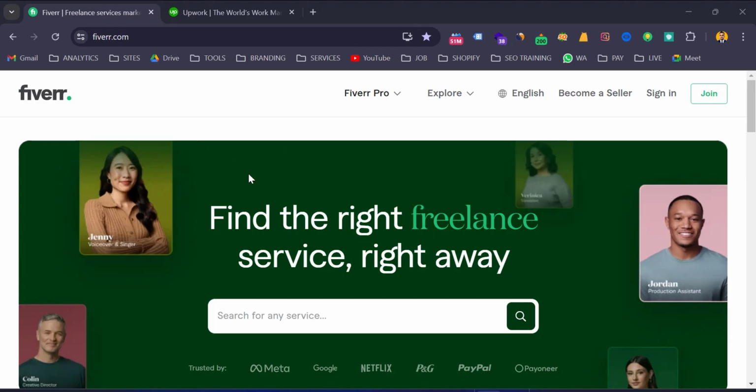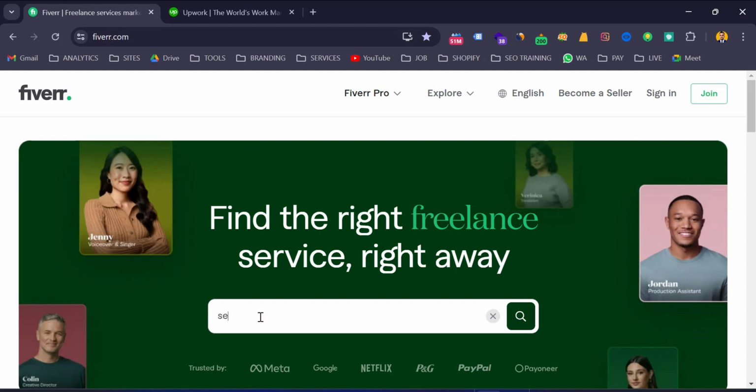Okay, so first of all, here's our market, Fiverr, and suppose you think that you are a seller. You want to sell your SEO service and your SEO backlink service and something like that. I'm just telling this topic for an example. But if you are a graphics designer or video editor, you can search and analyze this way to get clients. Okay, so first of all, I want to search here